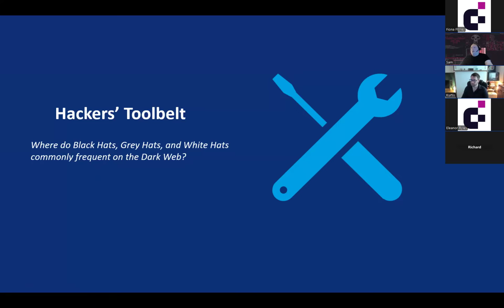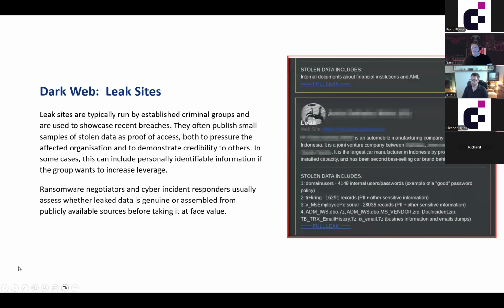So what I'm going to do now is I'm going to actually take you to the places on the darknet that most likely myself, such as a white hat hacker, that's an ethical hacker, and the criminals go, where they go, what they do, and why they do it. And I'm going to take you through some of these places. I'm not going to show you where they are, unless you can work it out from my images, but I will talk about them. So, as Curtis mentioned, leak sites is one of the big ones.